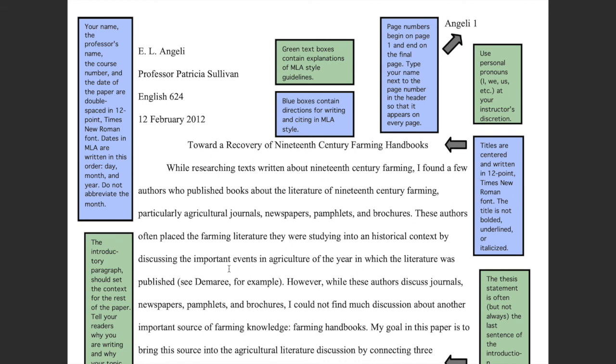We'll get more into that in later videos, but that is all of the basic information for MLA formatting, and I hope you found this information